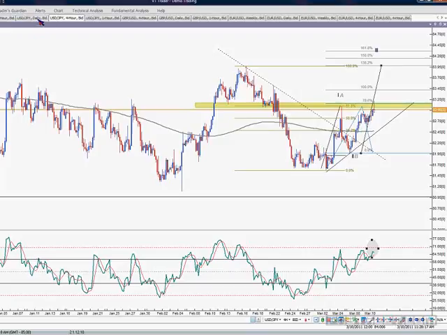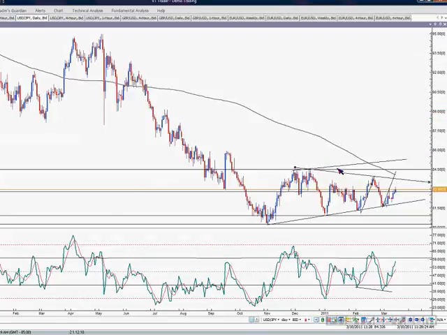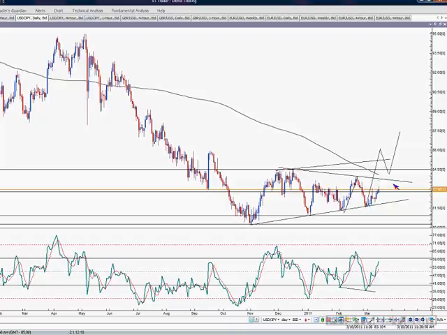In the longer term, the market is basically sideways, and we would consider the bullish scenario if the market breaks above 84.50. If the market breaks above 84.50, then we could be looking for a throwback, and if that throwback respects this zone here and rallies, then we should be looking at a longer term bullish scenario. For now we're still stuck within this triangle, so the bullish scenario is very limited.